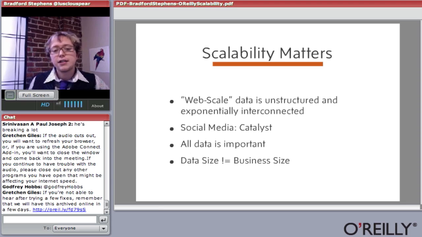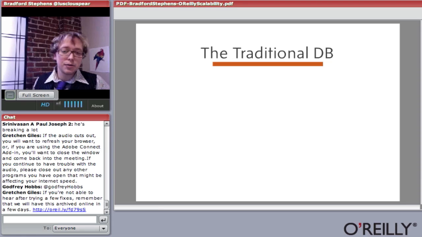And the size of data you have isn't really related to how big your business is anymore. It used to be that the Fortune 100 had the 100 largest databases. But now you've got little startups like Flightcaster who crunch through 7 or 8 terabytes every few hours. And they're about 3 people because all this data is so easy to get to these days.